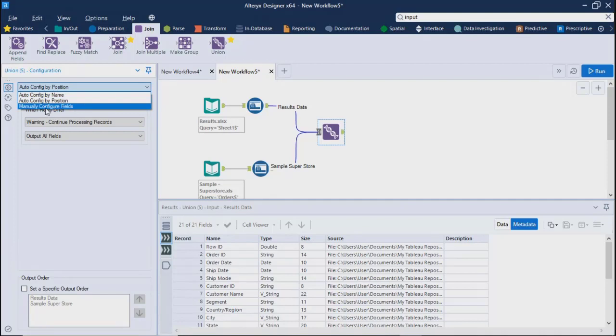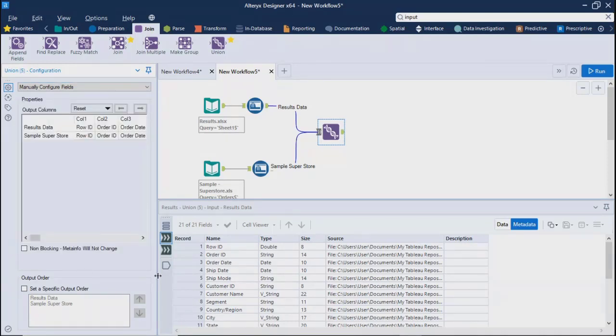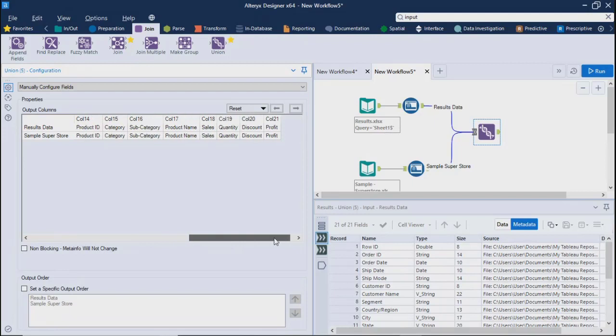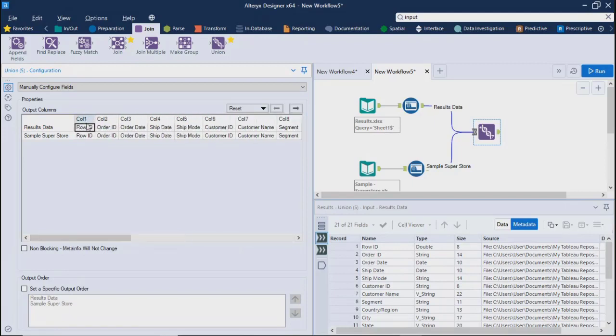So that is risky. You need to be very careful while doing this. Another thing will be manually configure the fields. So over here, if you see from both the data sets, you can see the fields which are coming. In both files, I have the same names at this moment. But in case, let's say you want to change it, you can by position or name, maybe you can go ahead and change these. So like this, if you want to switch, see, I just switched order date here and order ID here. So you can switch the fields using this one. So you can manually arrange the fields and then you can go and do the union.